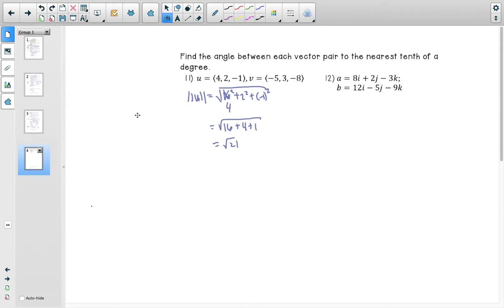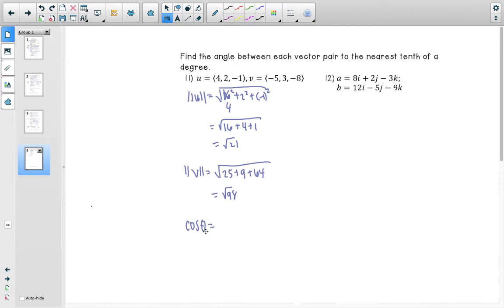If you found the magnitude of v, you're going to take -5 squared, which is 25, 3 squared, which is 9, and -8 squared, which is 64. And if you put that all together, you get 98. And I'm not going to simplify it yet. There's really, honestly, no point because you're just entering it into your calculator anyway. So you get cosine of theta equals,